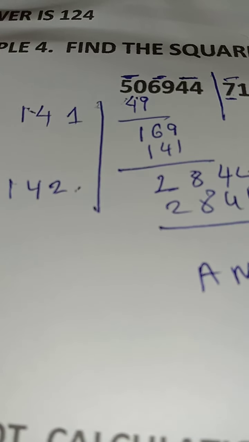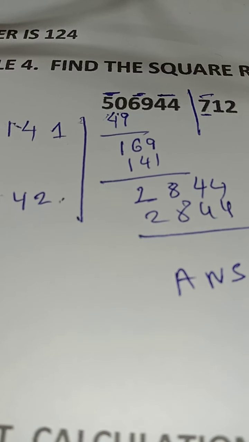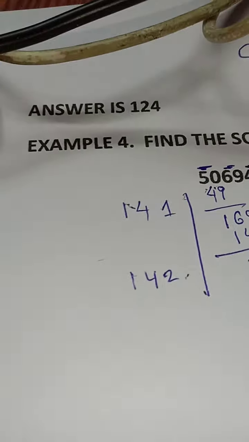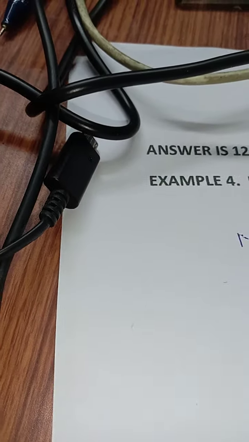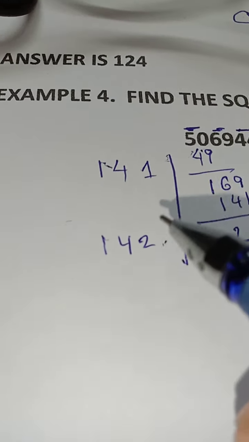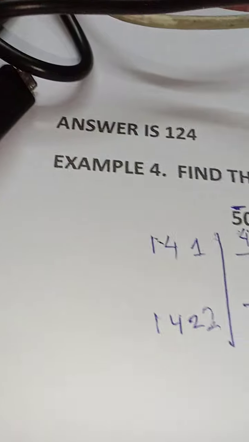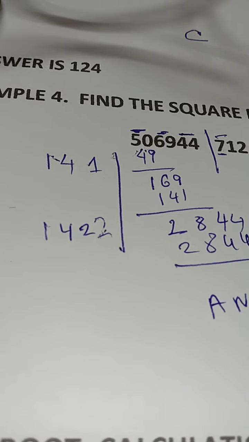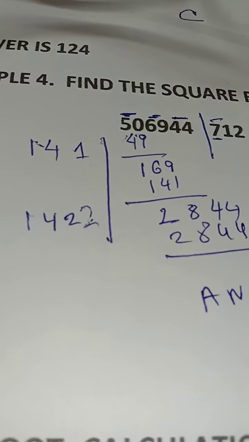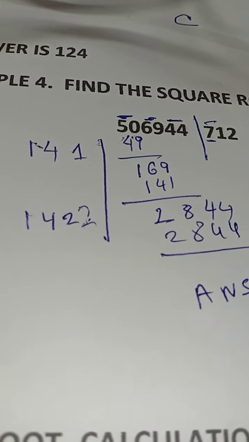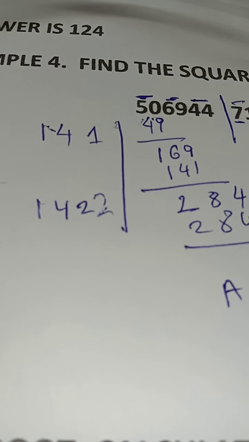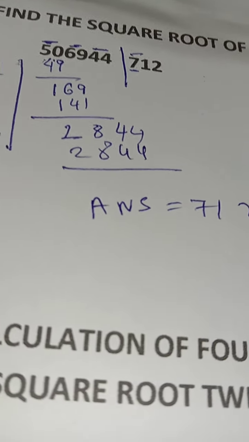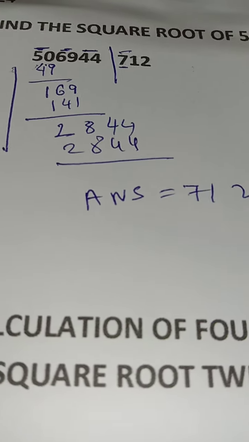2844. In fact, actually we should multiply the number by 2. So 142, this will be 2, 142. So here actually we should write 2, and we see that 2 multiplied by the whole thing gives me 2844. You see, again I explain, 71 doubled is 142. We must put a last digit, such that it multiplies by the whole number and should give me 2844. It exactly gives me 2844. So the answer is 712.